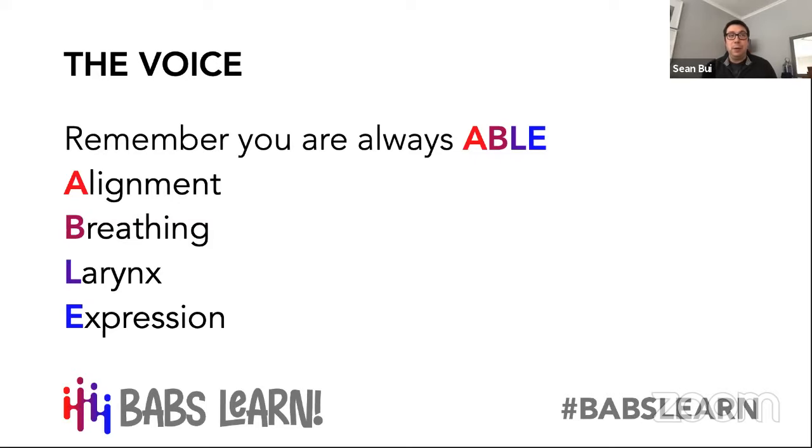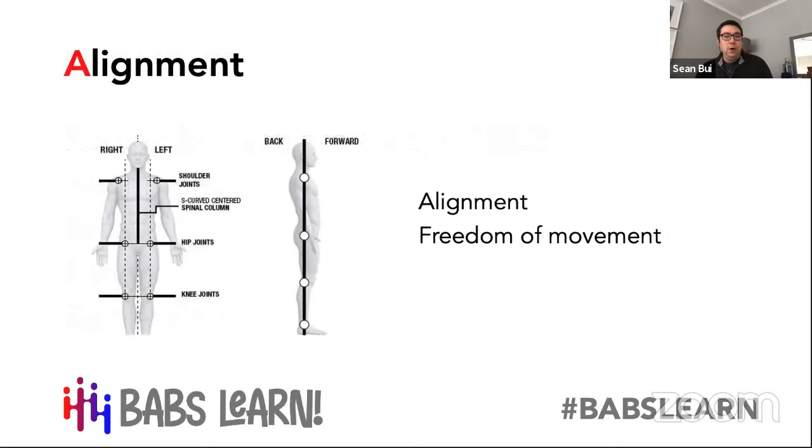And the first thing we're going to talk about is alignment. Now, I know this has been covered a lot in recent years, so we'll just go on a whistle-stop tour on what we need to think about when we're thinking about alignment. So postural alignment, or alignment, is basically just the way we stand and the way we should always stand when we're singing, but also actually in everyday life, to give ourselves the most healthy body posture.